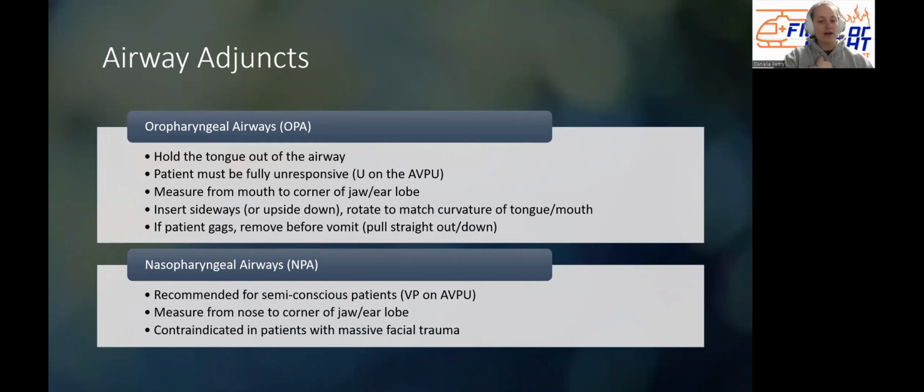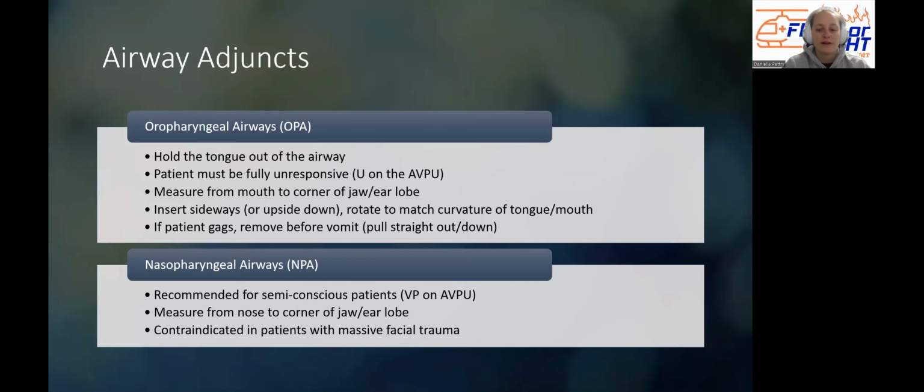I don't like that one a lot because it's really hard to get enough force, especially if the person's still wearing any clothing. I personally prefer the shoulder pinch. You grab a hold of that trap muscle and give that a squeeze, and that can be really painful. But you're going to maybe even try both of those to see if they wake up. If they respond to either of those and they sort of wake up, an OPA is not going to work. They're going to have that gag reflex. It's only for people that were fully unresponsive. But if they don't wake up when you pinch them and give them that sternum rub, you can proceed with